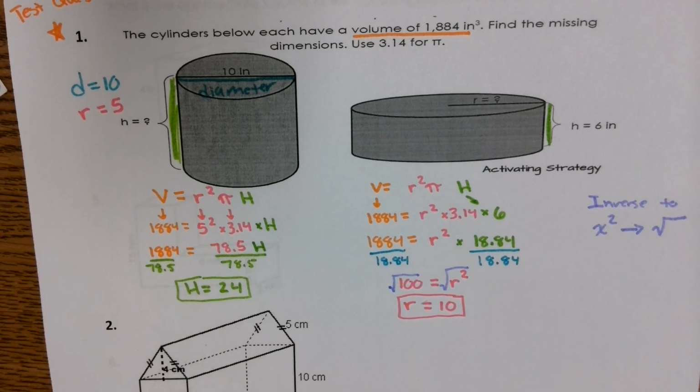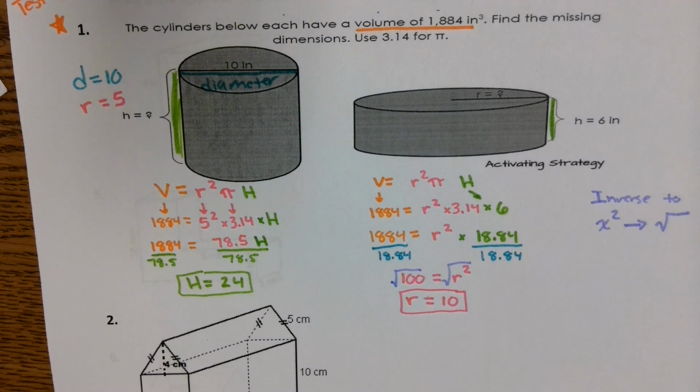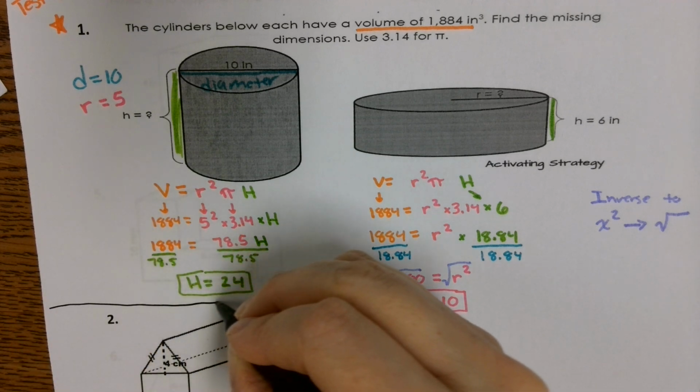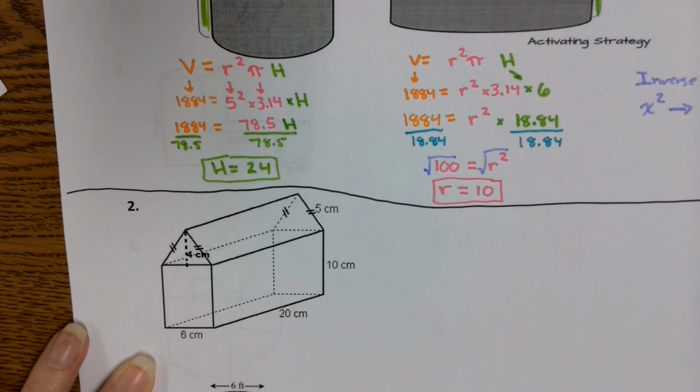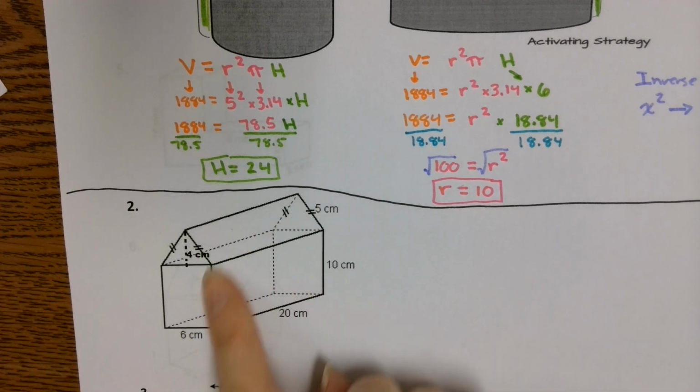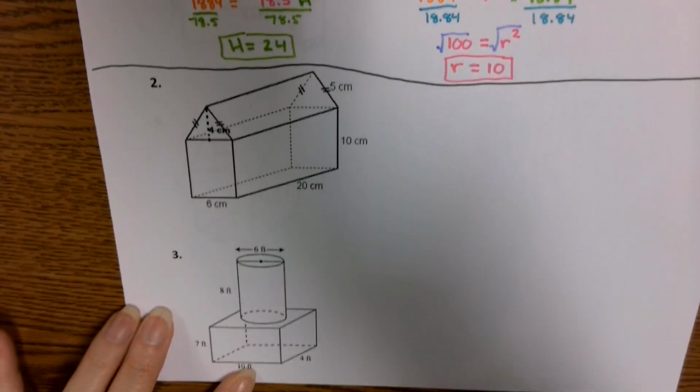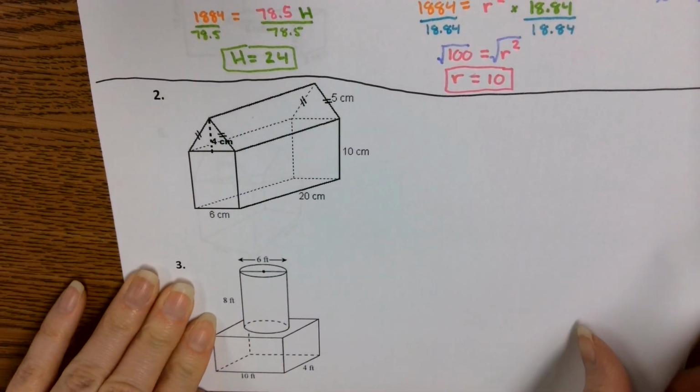Which we all know because 10 times 10 is 100. All right, so what we're going to be finishing off for today is our composite figures. How a composite figure works is you are taking the volume of each separate shape and then combining them together by either adding them, if it's something like what number 2 and number 3 look like, or